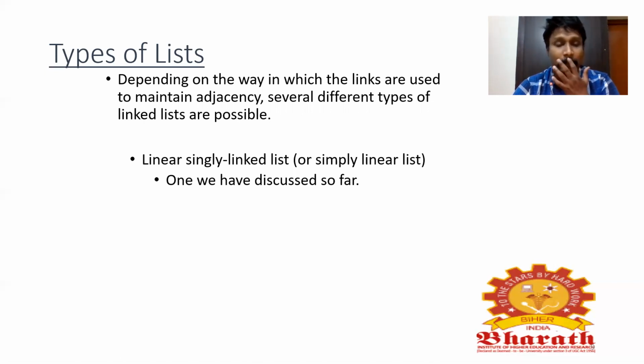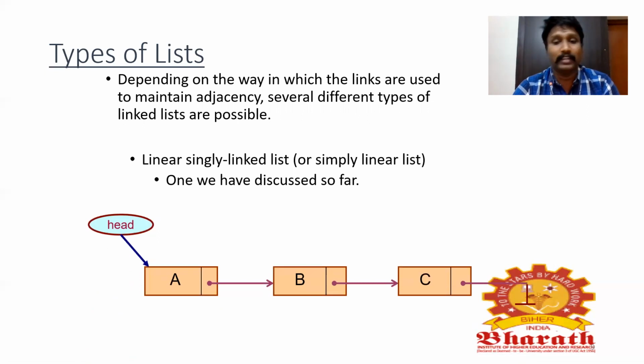We have already discussed the singly linked list. It is a normal linked list with one way of traversal and one pointer in each node, which has a head and a null pointer. There is only one way of traversal from each node, only one pointer, and there is a null pointer and a head. That's it. This is a singly linked list.